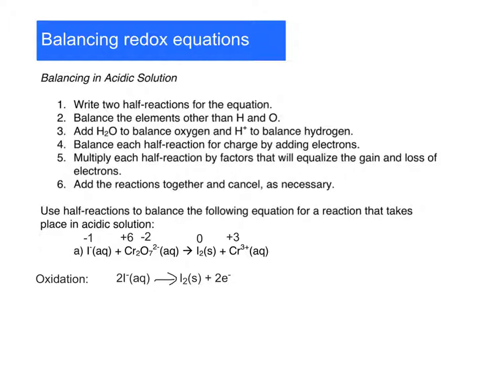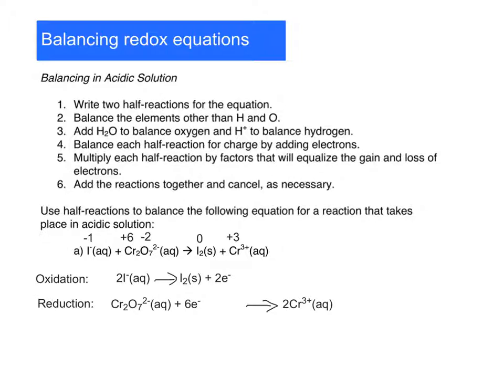So step 2 is to balance the elements other than hydrogen and oxygen. So that's what we're doing right now. So we have 2 I minus goes to I2 plus 2 electrons because each iodine lost 1 electron. And then for the next one we have